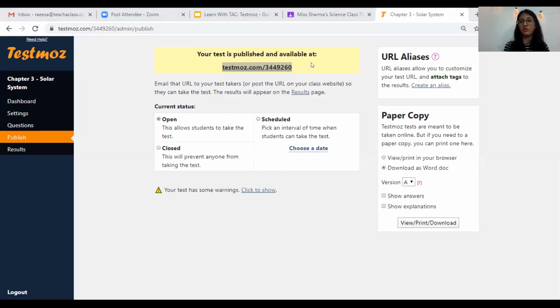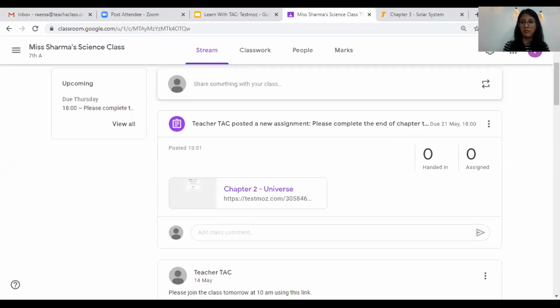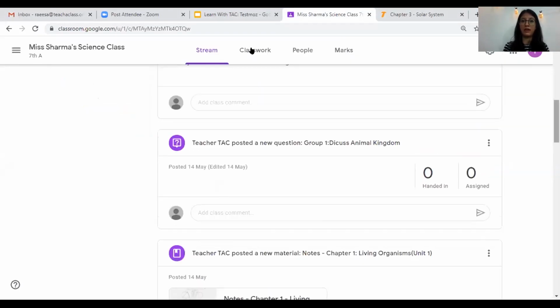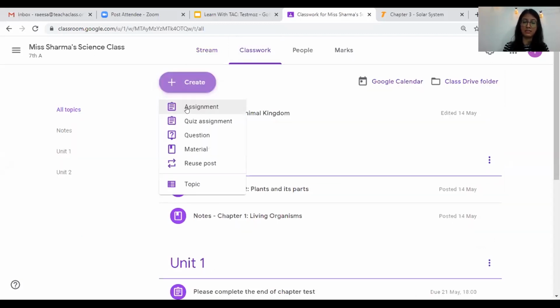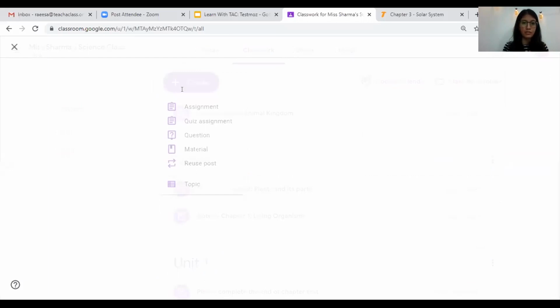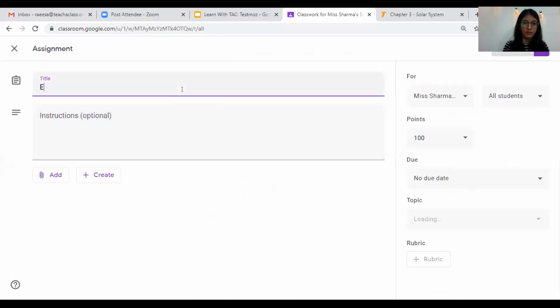I will also show you how to put it on Google Classroom. So I'll open my Google Classroom, which is opened in another tab here. I'll go to classwork. I will create an assignment, which I'm going to call end of chapter test.